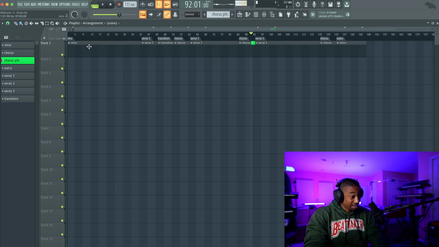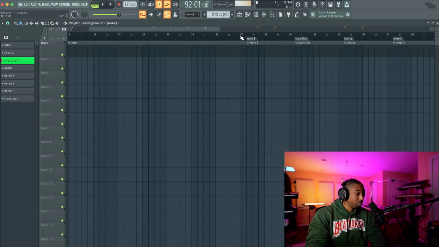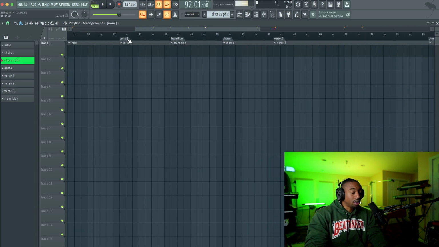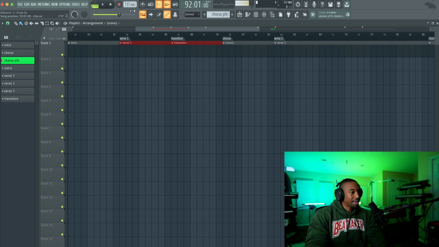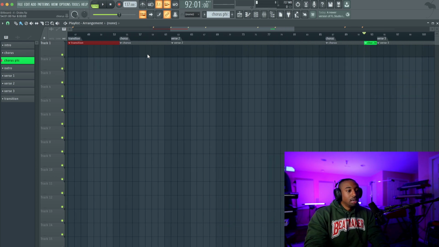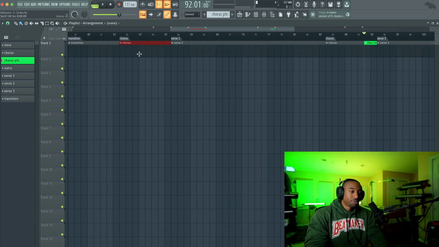But this song has, again, an intro of 37 bars, very random. Verse 1 is, I think we counted 8. Wait, 1, 2, 3, 4, 5, 6. So it's 8. And then we have this other transition part. So technically combined, that's 16 at 137 BPM. Again, at regular BPM, that's 8 bars. Chorus is 8 bars at 137. At regular BPM, 4-bar chorus.